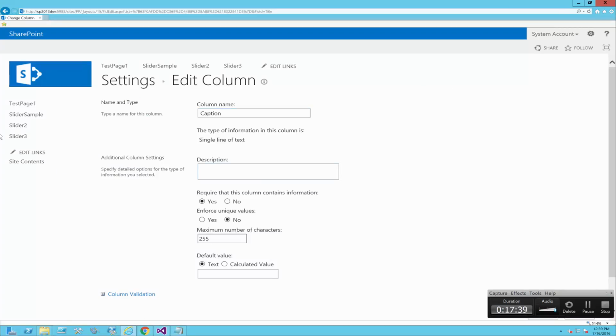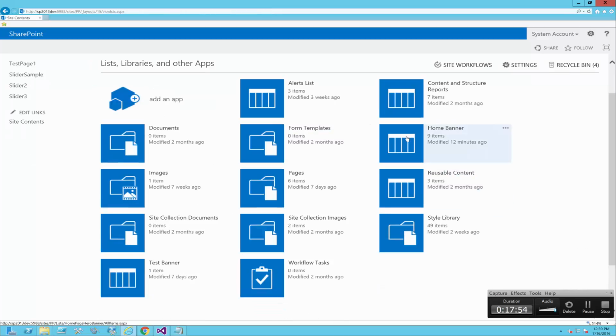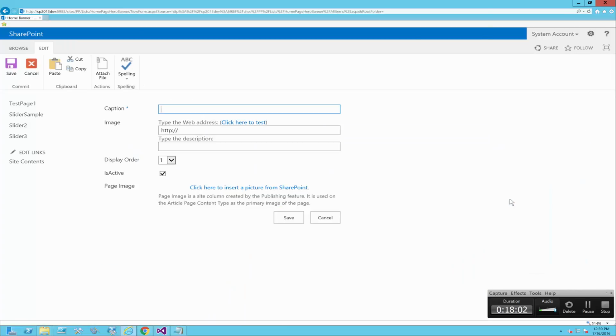After you deploy, go to your list, which is the hero banner. That's what we are targeting. Come to the hero banner and create an item. For this test case,